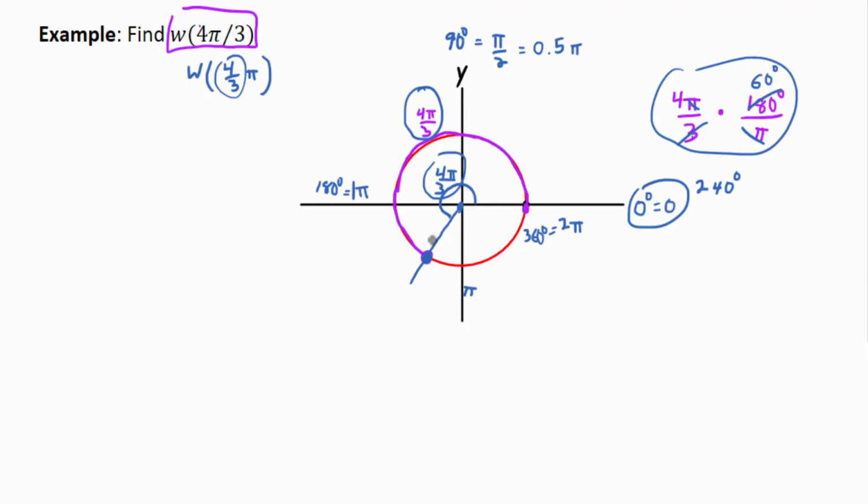And then if I don't drop a perpendicular, but I raise a perpendicular from that point where this line from the origin crosses the unit circle, I can create a right triangle and use what I know about trigonometry to get the coordinates of that point, which would be the output of the wrapping function. So, long story short,